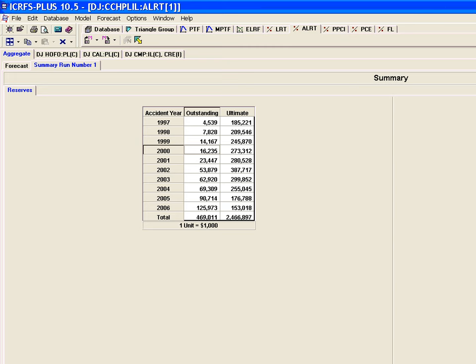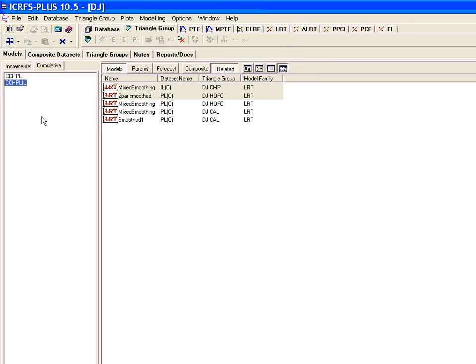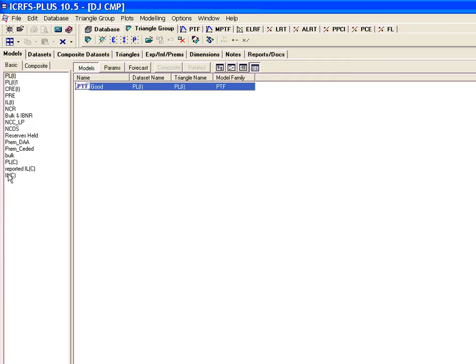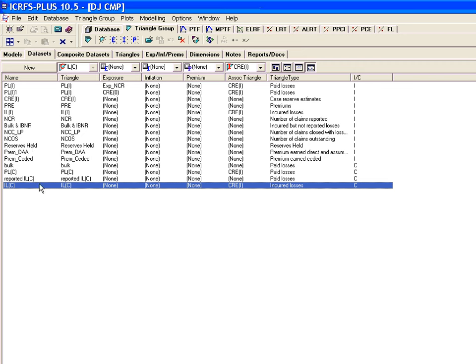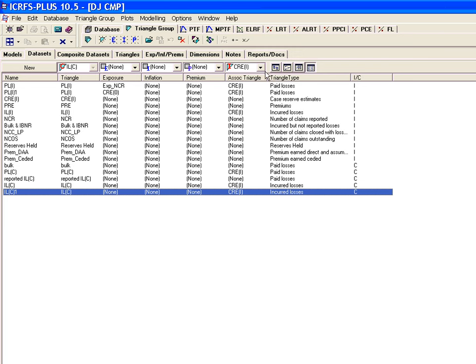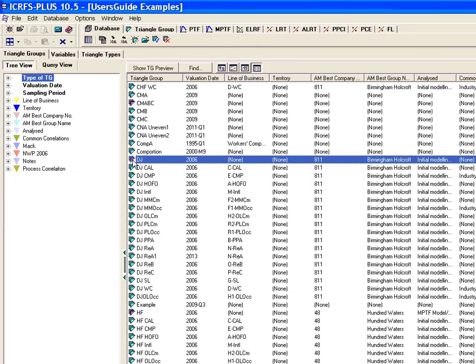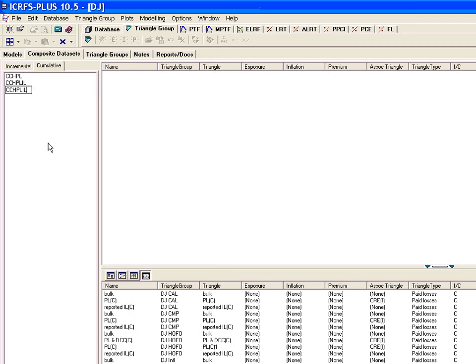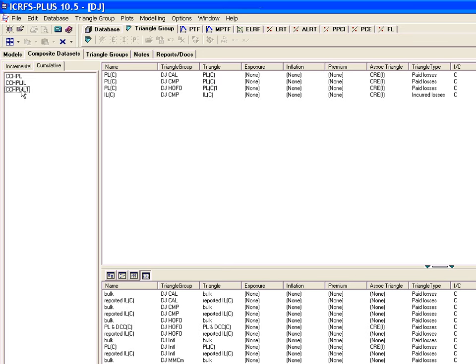Now, let's just do one more of these. What if I went back, and I'll have to create this with CMP. I'll create a new ILC. Here my ILC under CMP is associated with the CRE, so I'm going to create a new ILC, and this time it's called ILC1, and this time it'll have no association. So now if I go back here and I create a new composite cumulative data set, which I will call CCHPLIL1,